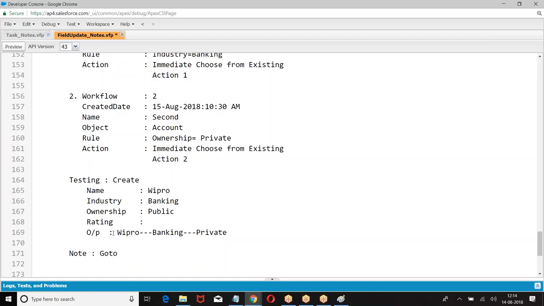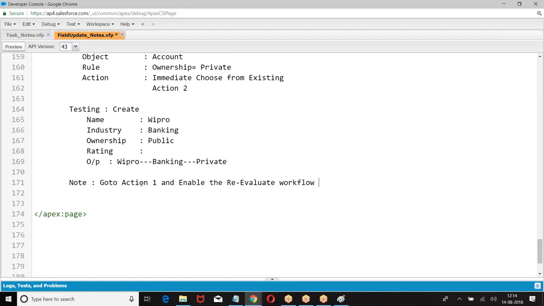So what am I doing now? Go to action 1 and enable re-evaluate. Enable re-evaluate workflow. Then create a test record.